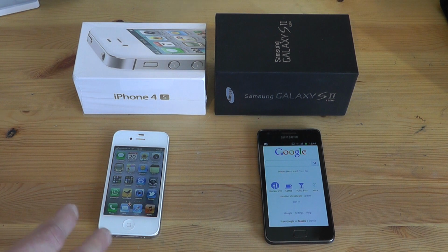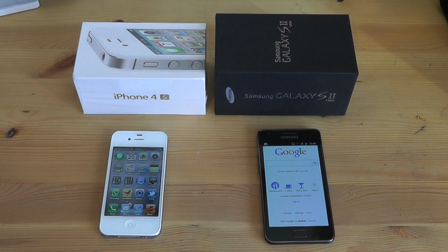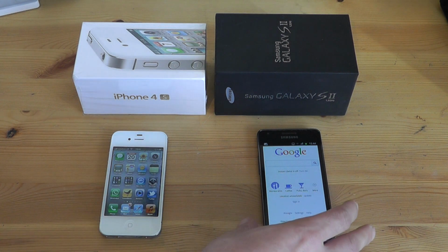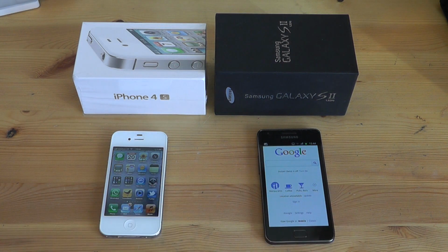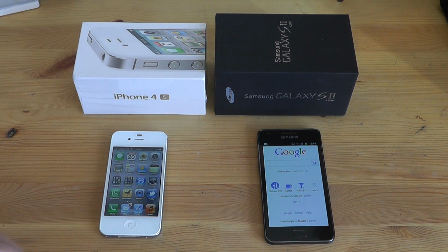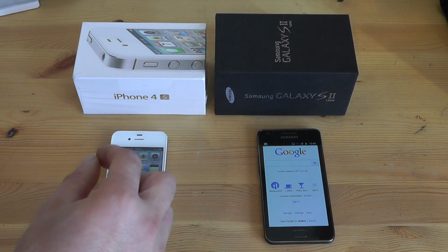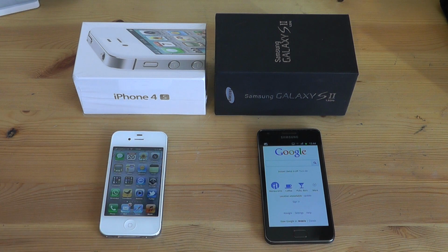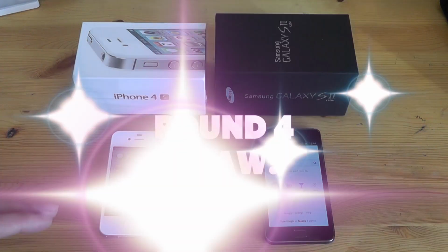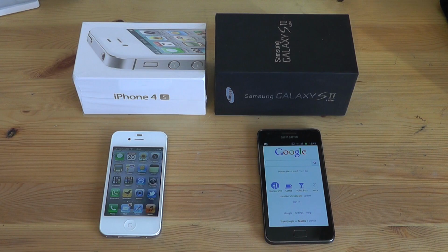So in terms of the screen, I would say that the iPhone 4S definitely has the better screen, but then the Galaxy S2 has the larger screen. Now, in terms of which one I would rather have, I would personally prefer the iPhone 4S screen, because I much prefer that pixel density when you're reading large web pages with small text on a small screen. But then, because of the larger screen on the S2, it doesn't affect it as much. So in this round, I've got to call it a draw, both having absolutely beautiful